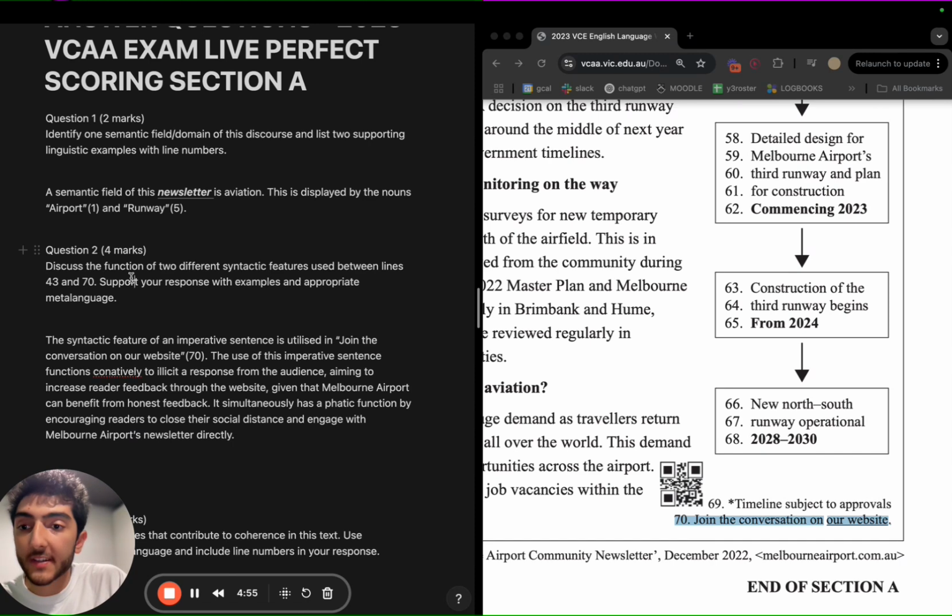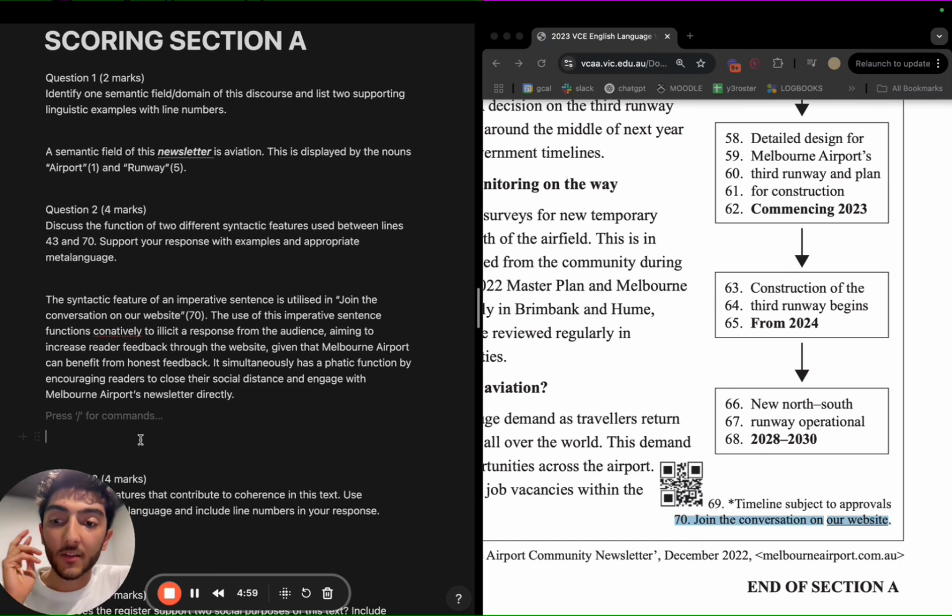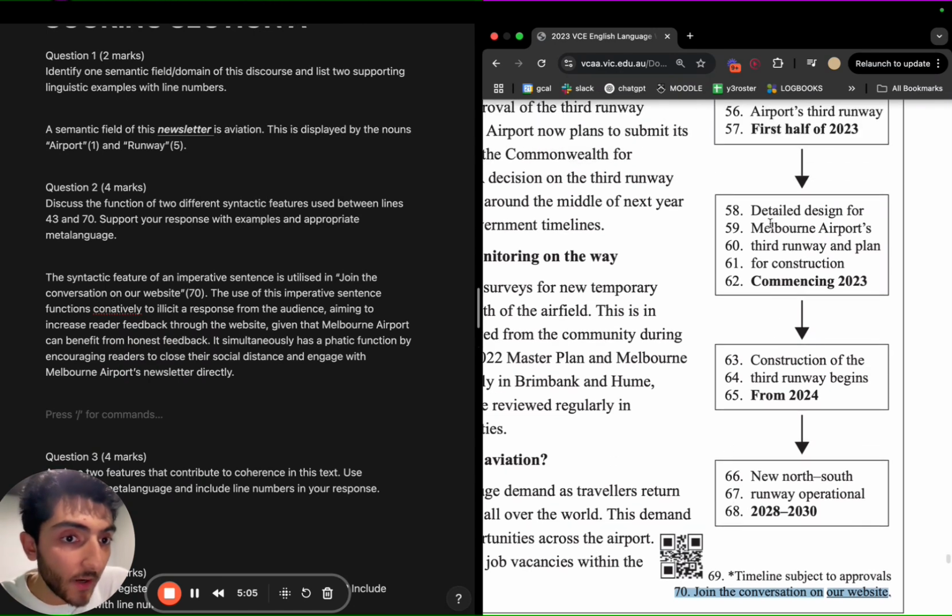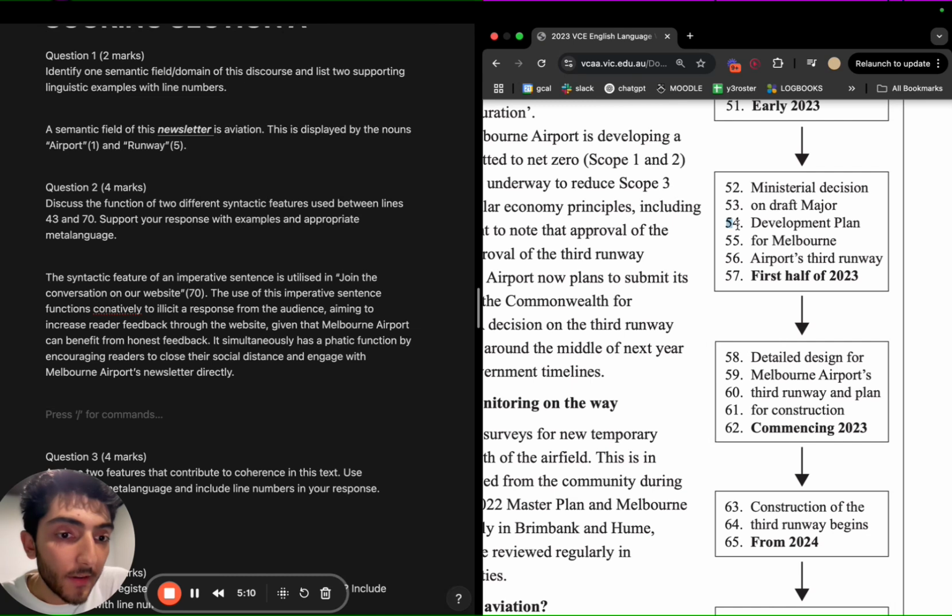Now, I also need another example because it's 4 marks, which means I need 4 distinct sentences: 2 examples and 2 analyses in 2 mini paragraphs, like so. So next we said I'm going to talk about nominalization, construction and development, line 54 and line 61. So let's talk about it.